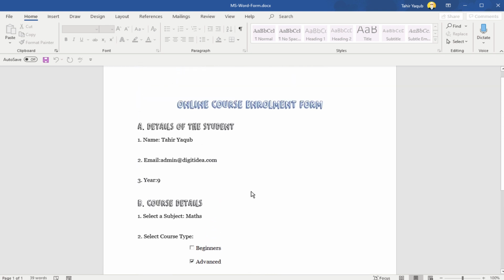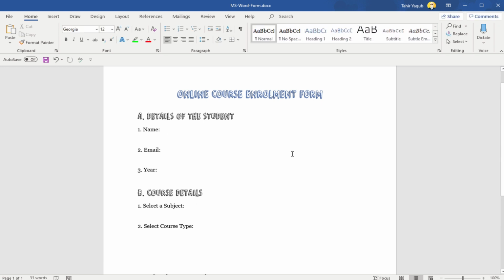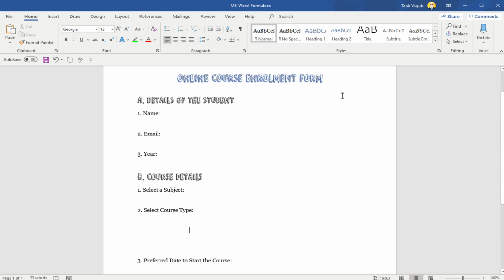And now I'm going to show you how to create this form in Microsoft Word. Now the first thing you need to do is type everything except the form fields. So as you can see, I have just typed the title of the form, various sections of the form, and the titles of the form fields. So there is nothing fancy about this. You can make any design. So once you have typed all these and you have selected all the fonts and everything,